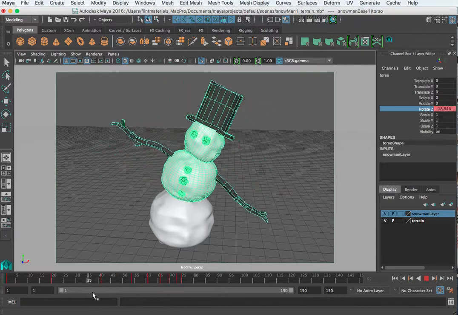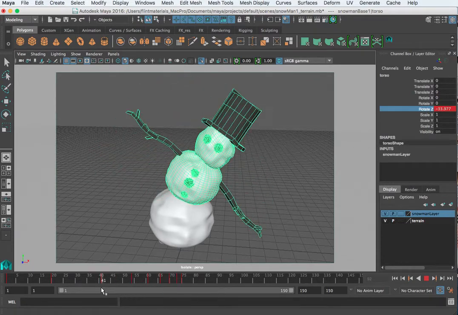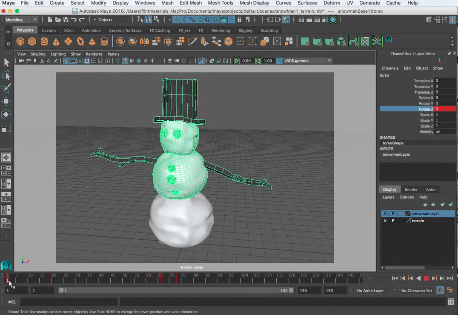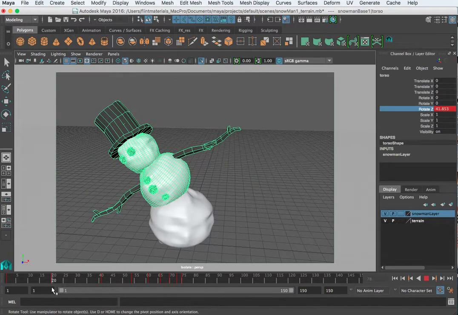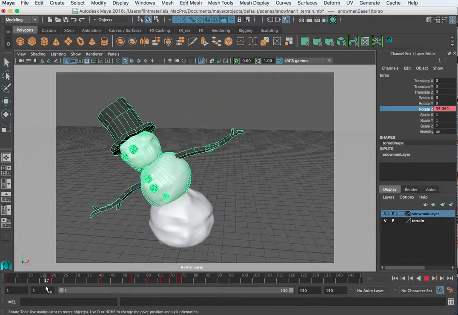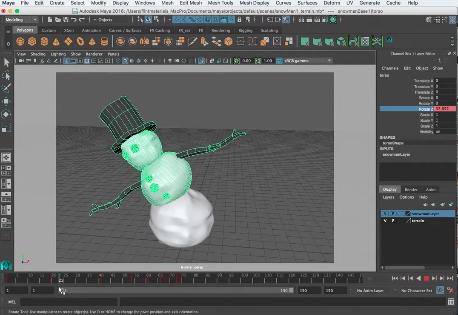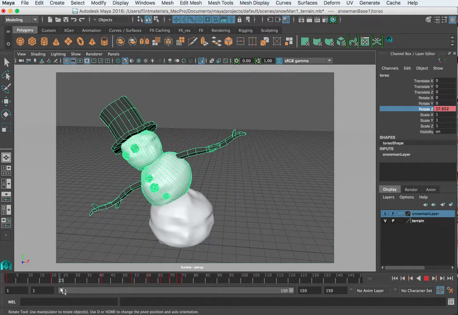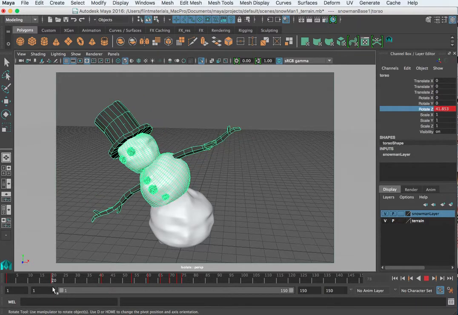That can be good at times, but there are times when you'll want to hold a value. So suppose we want it, instead of as soon as it hits it, bouncing back the other way, to kind of stick. Well, once this interpolation has already happened, it started to move back. So how can I get this value to stick for a couple of frames? So you can go to that frame